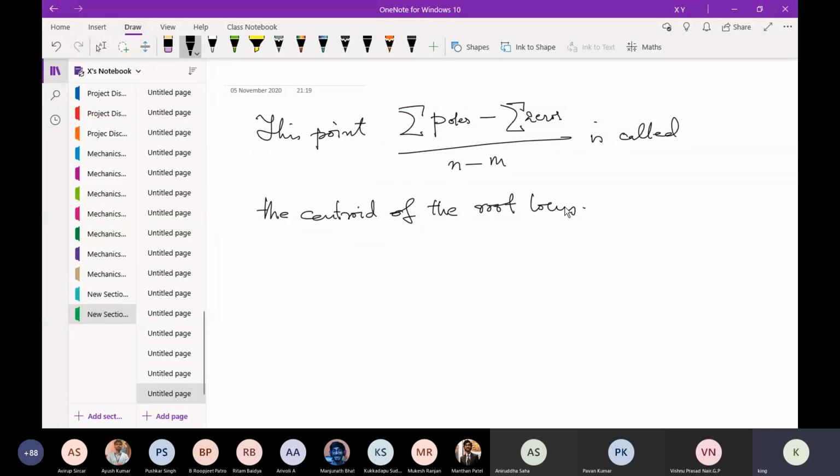Sir, what will happen if we take more and more terms into account? Probably it will uncover other properties, maybe curvature may come into the picture, something like that. But the centroid will remain fixed? Now, the centroid, you see, these are asymptotes.